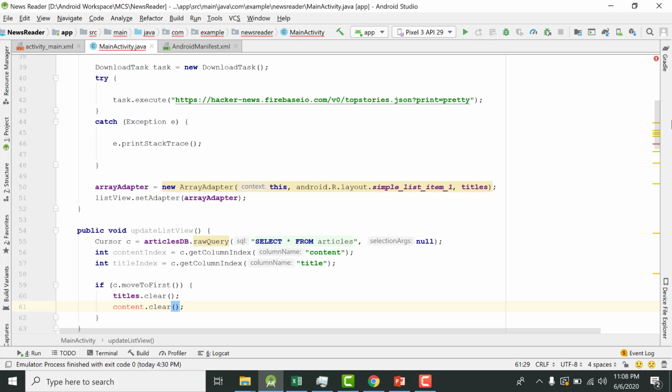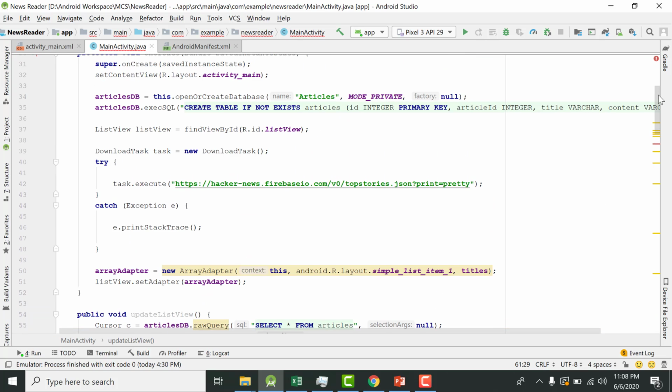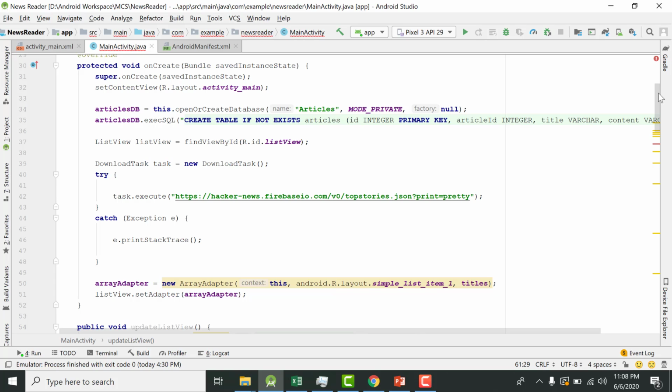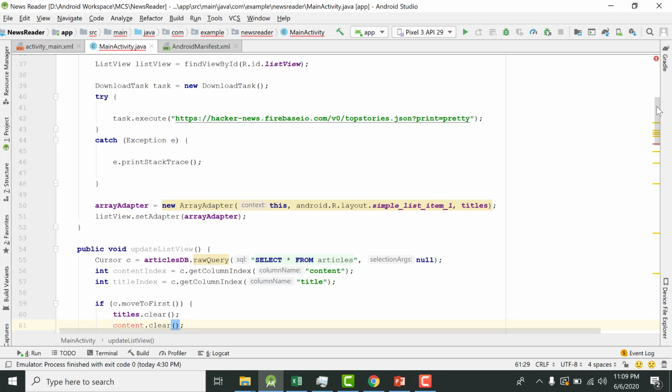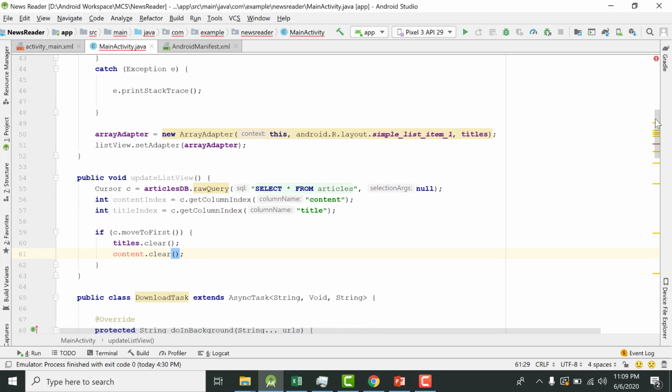The content is giving us some error, but just leave it. I'm going to see whether there is some misspelling. So content is okay. Okay, there is a column name. We are going to figure it out, but I think we should move ahead, and after that I'm going to write